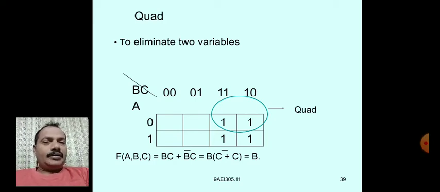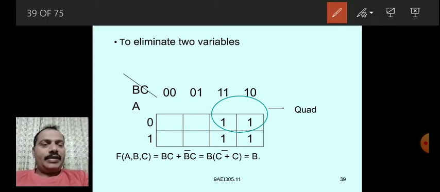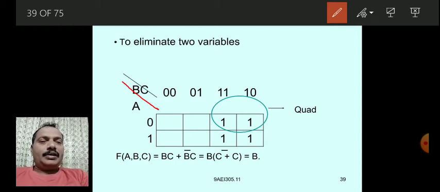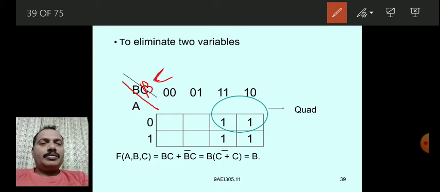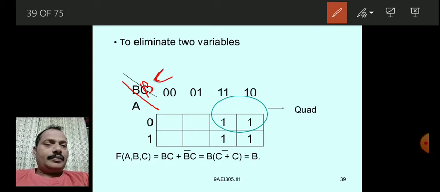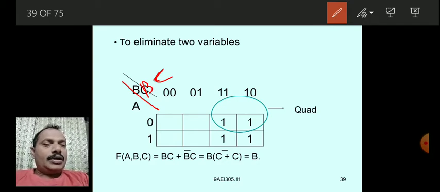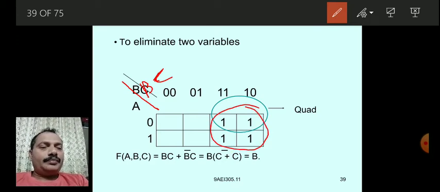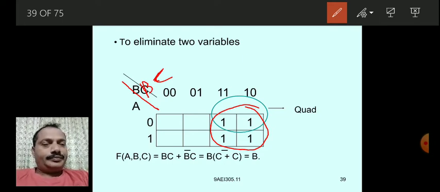Okay, let us take another example. For example, a K-map is there and it looks like this, and here it is not properly aligned. I'm writing A here, and BC here. And here a quad is possible. A single quad is possible. This is the single quad group. We preferably take the quad, that's all, because a quad is possible, a big group is possible.